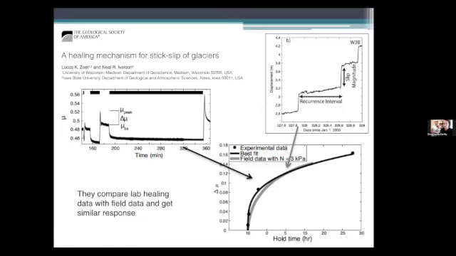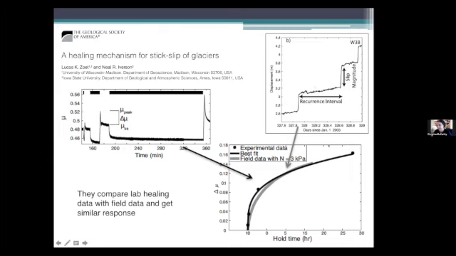They had big ring shear experiments out in Madison, where they're looking at similar processes, doing this same kind of slide, hold, slide experiment. And I just thought this was kind of interesting because I'm just telling you about these 50 by 50 millimeter square interfaces, but this nice work by Luke and Neil, they are looking at the healing in these big ring shears plotted in black, but they are also looking at the kind of healing you'd have in the field,